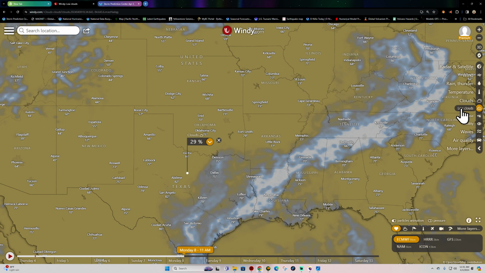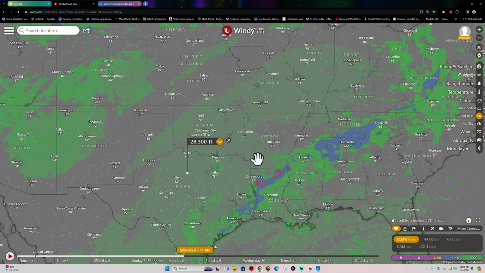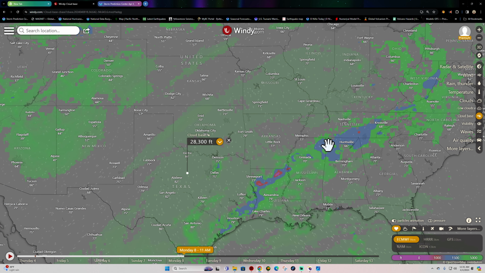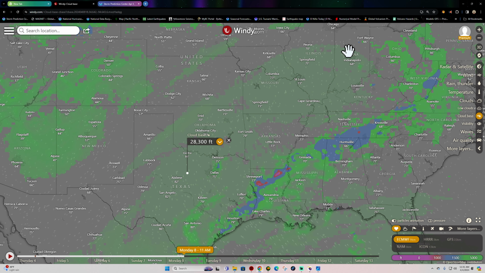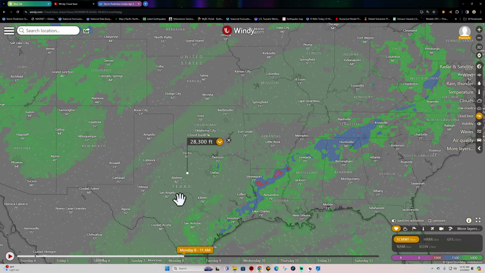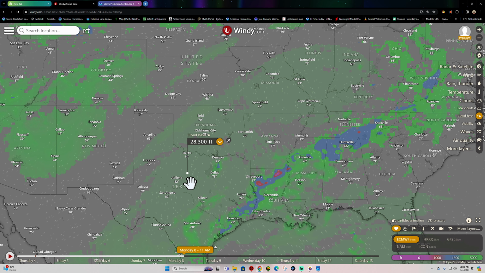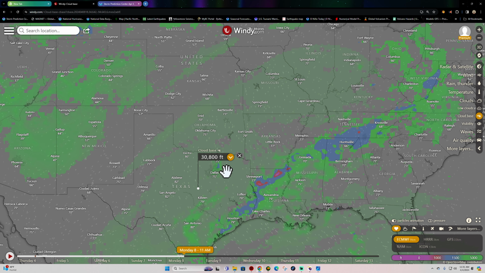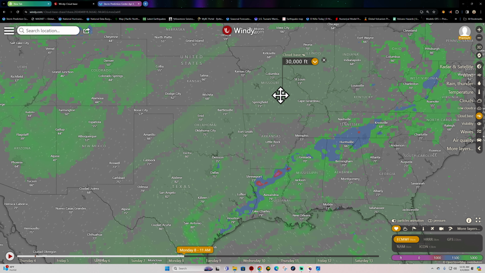If you look at the low cloud base, you see a lot of low-level moisture coming in from the Gulf. Look at this wind bringing it all in here, south wind. Cloud base here is going to show what type of clouds are out here, and the majority of this lighter colored stuff is going to be high cirrus clouds, around 28,000 feet or so, 30,000 feet, maybe higher.